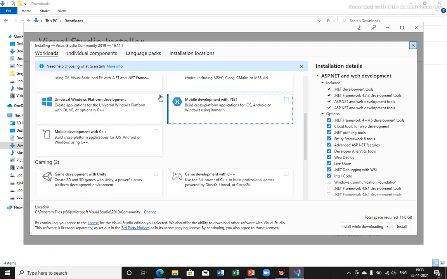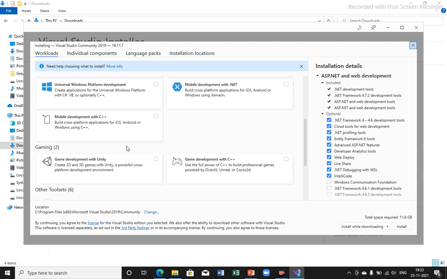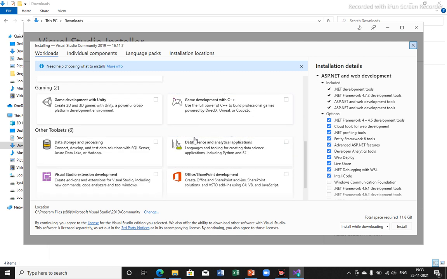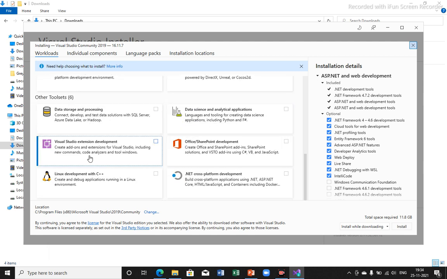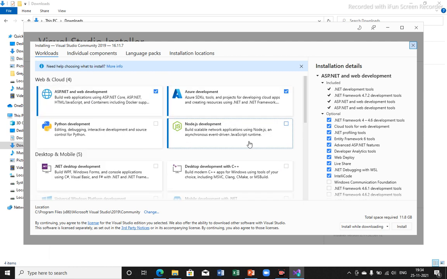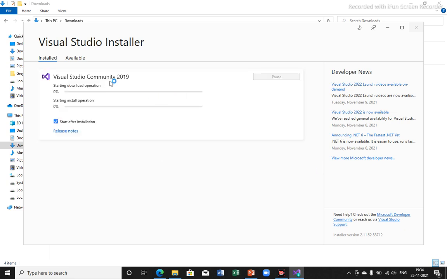So you can develop mobile with .NET, C++, gaming, many are there. So Linux development is also there, and Office also. Oh, anyway, so these two are for ours. We will check that out, and then click this install button, and now it will start the download operation. After it has downloaded